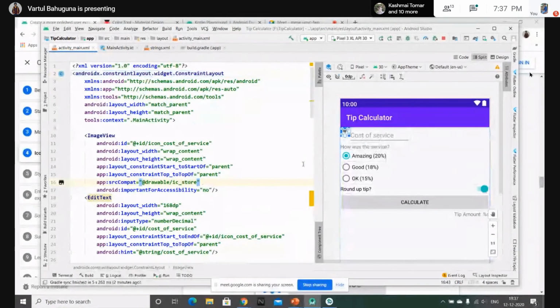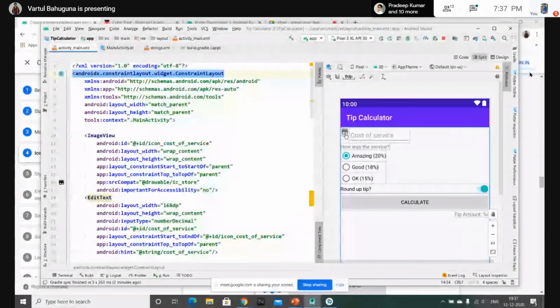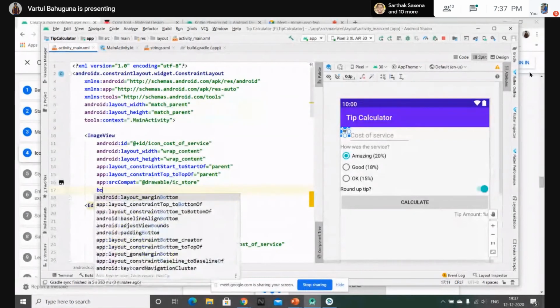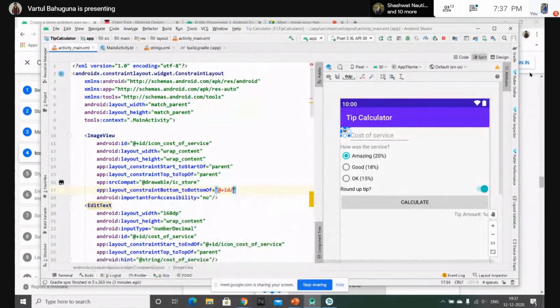But this icon, as you can see, is on top and small, and that's not good. So let's constrain its bottom also: bottom to bottom of the id, cost of service. Okay, now it's appearing okay.